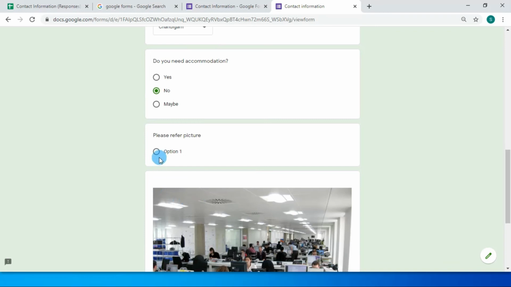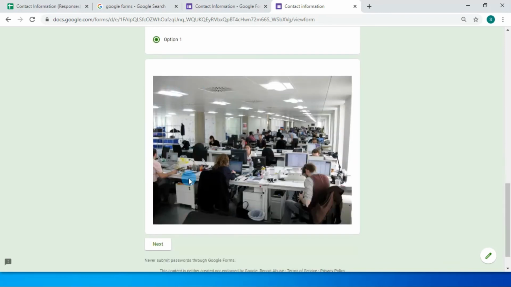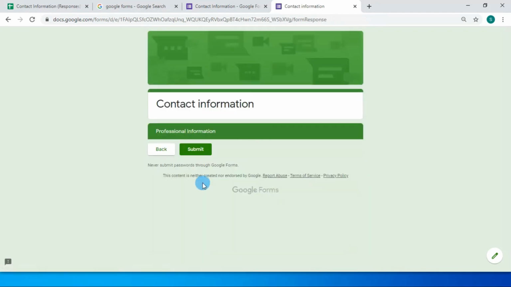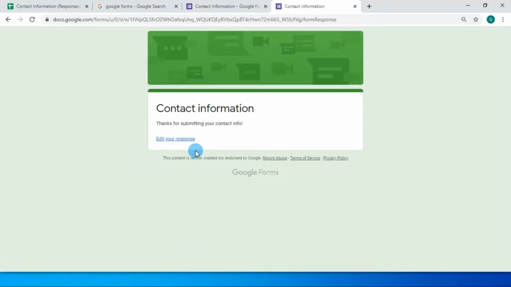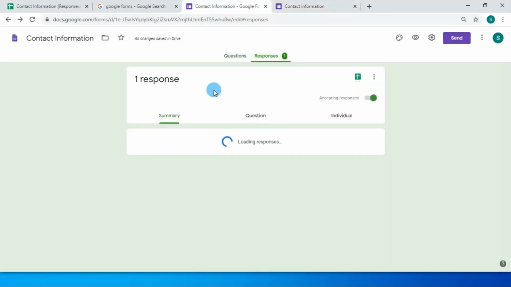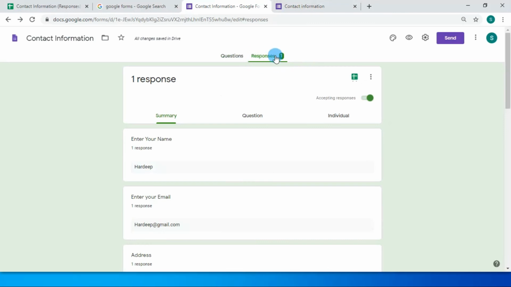We will quickly fill the form, as you are all aware of how to fill the form. Here we will press the next button and we will press the submit button to submit our response. Here you can see that one response is available when we go back to our form.